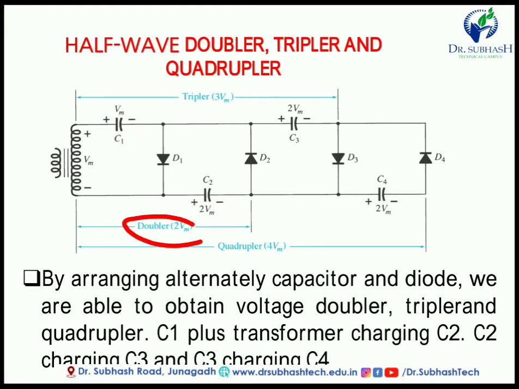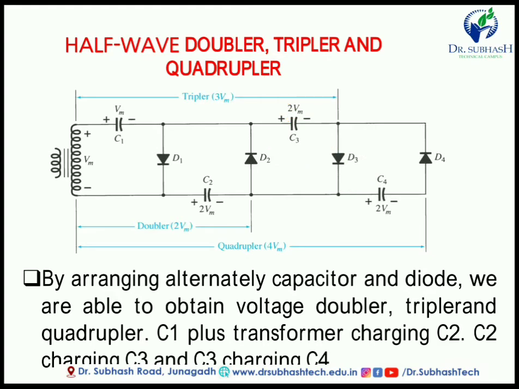Voltage doubler is nothing but a circuit where our output voltage becomes exactly double the input, so it is known as voltage doubler. Now if we increase to three capacitors and three diodes, whenever we connect